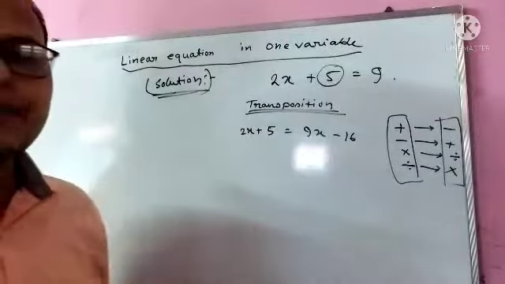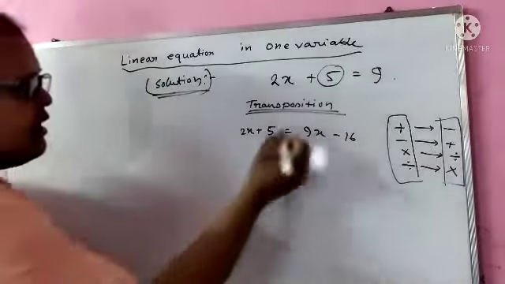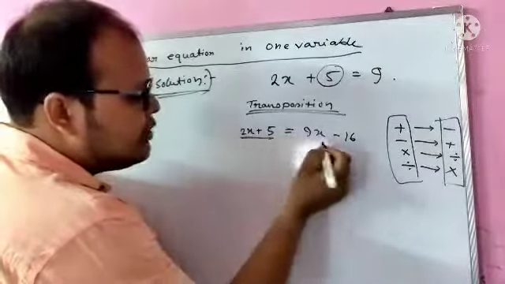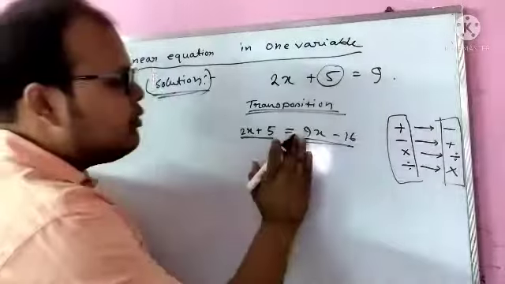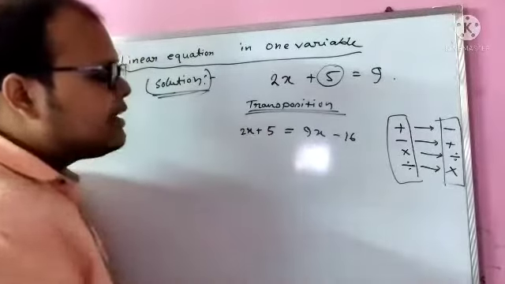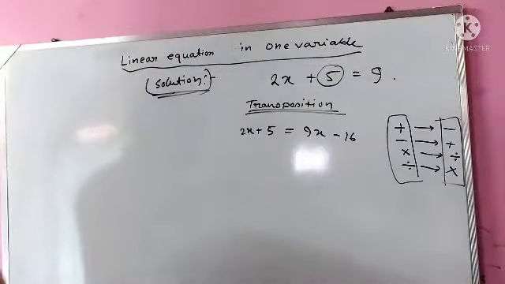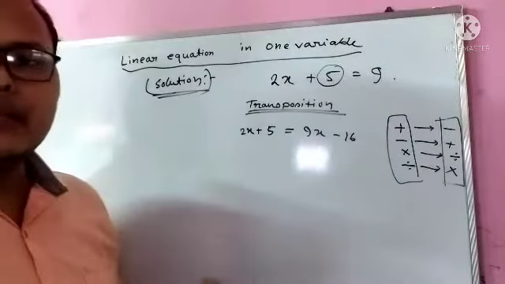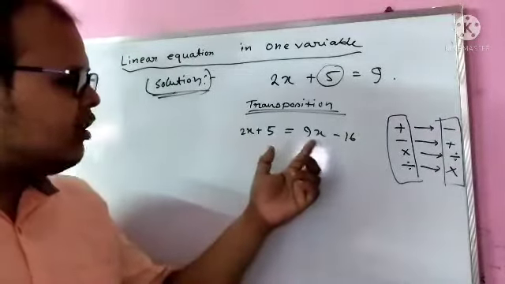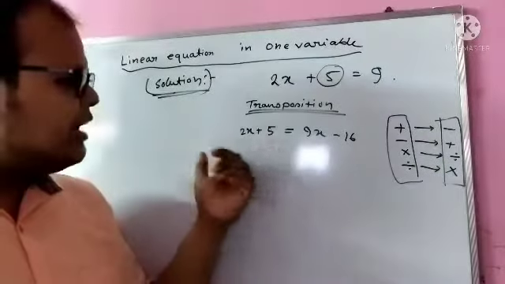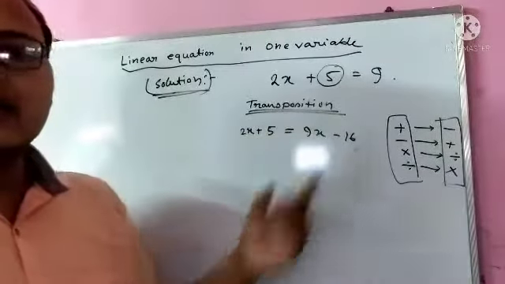We have complicated this example, and we now have linear expressions on both sides of the equality. What we will do here is separate the variable. We will keep the variable on one side, preferably the left hand side only. So we will take all the variables to the left hand side, and all the constants to the right hand side.